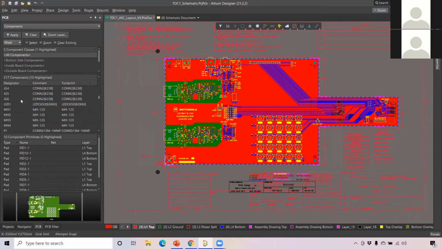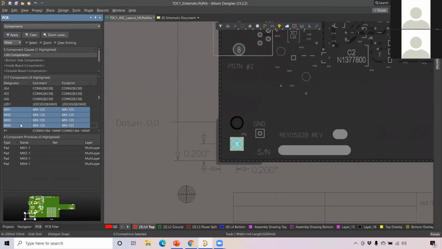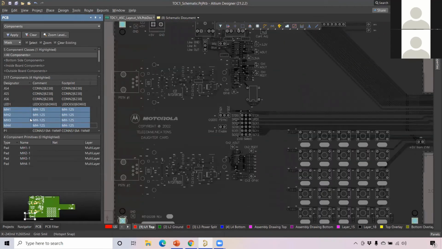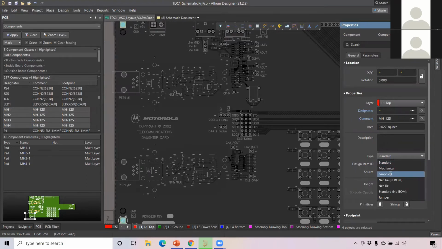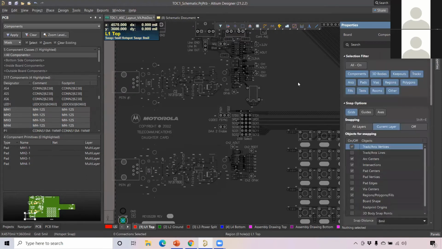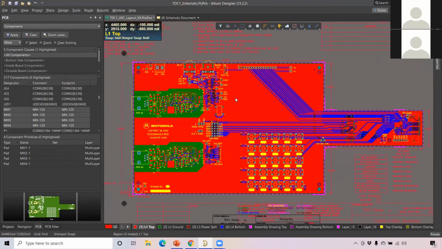Then coming below, there are mechanical holes. I have 4 holes, so selecting the 4 holes. This is nothing but a hole, so I want to change it to a graphic or something, because I'm not going to include the holes inside the bill of material. So I can change this to be a graphic. Once done, I can do these changes. I have done the changes inside the properties for the mechanical hole and the fiducial mark.